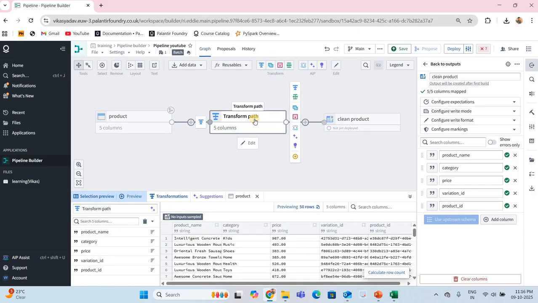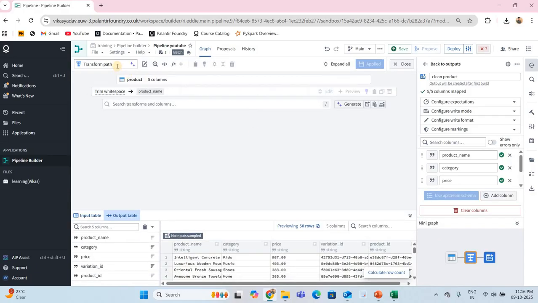Before transform, just one thing I forgot to tell you. I'll give the clean product. So here I should give the naming of that.